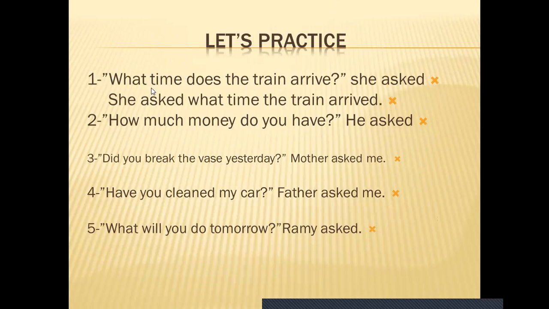No, here it is what time. As we said, what time, how much money, how much time, how many books, how many students. It is one package. Consider it a WH question, okay? So what time? The subject here, you remember we said what? WH question, and after it what? Yes, the subject, and the subject here is the train.